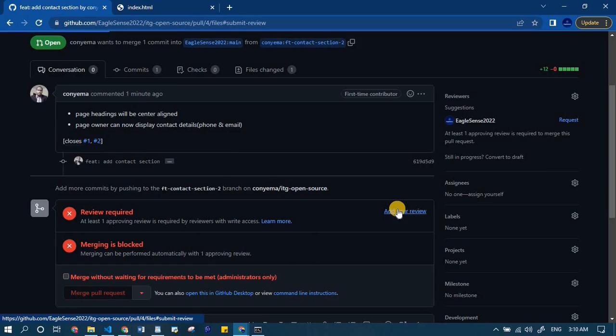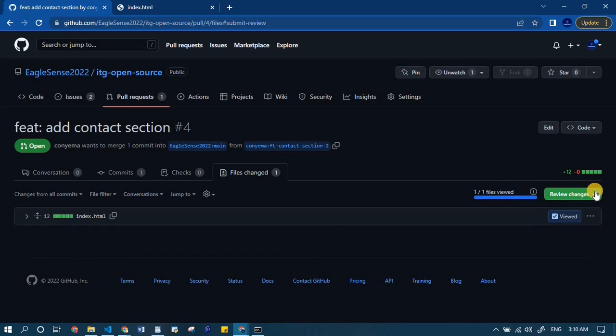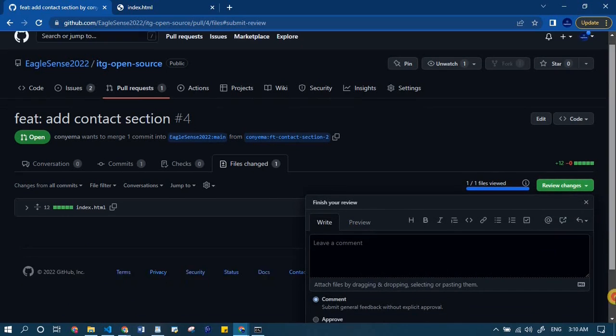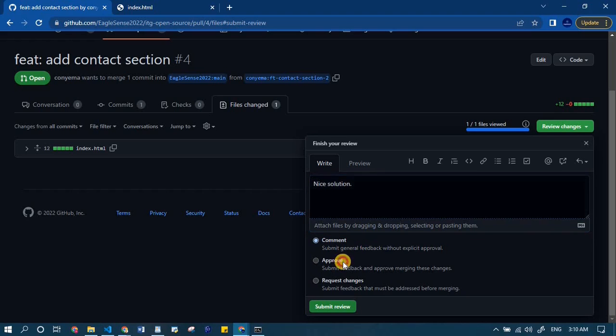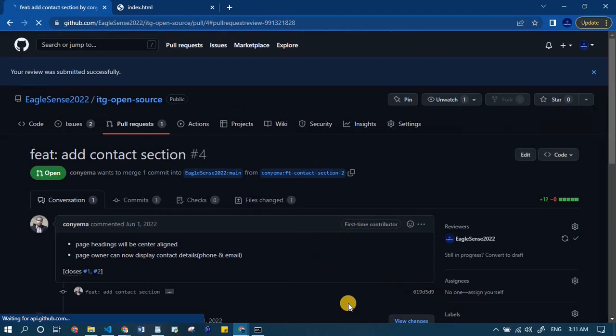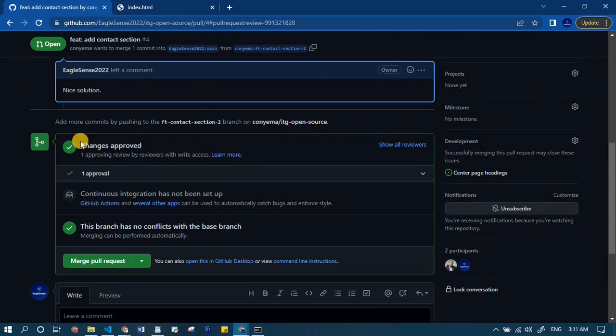I say, hey, review this, my change. So EagleSense reviews my change as the owner of the open source project. It's a nice solution. I approve this and submit the review. The moment EagleSense approves the review, you can see the change is approved. On approval,